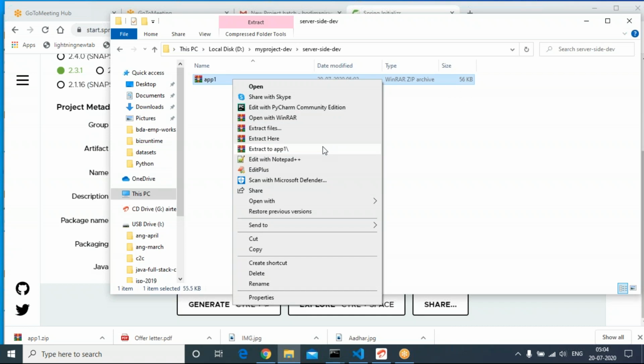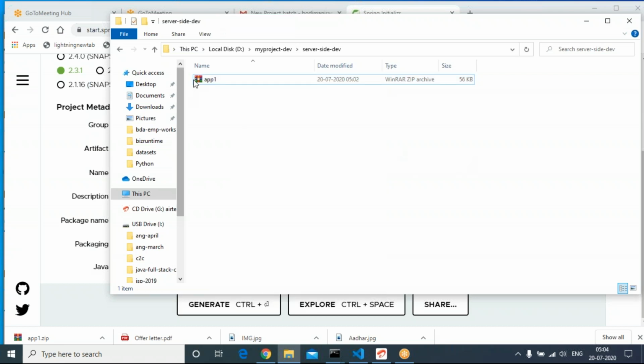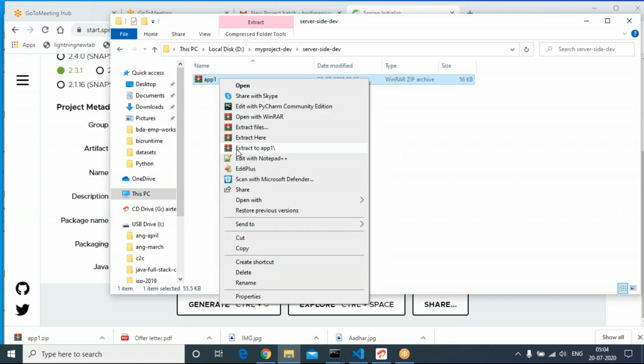If you don't have WinRAR, try installing WinRAR. If you have WinRAR, then only you will get this option. Please observe, right click on the zip file, extract to app1. You will get this option if WinRAR software is there in your system.